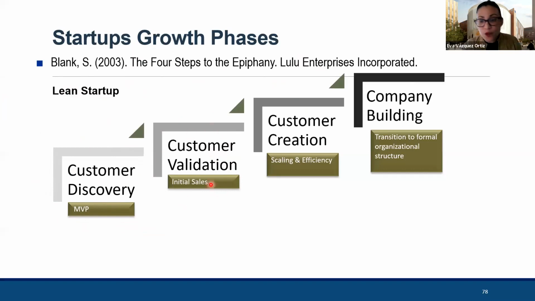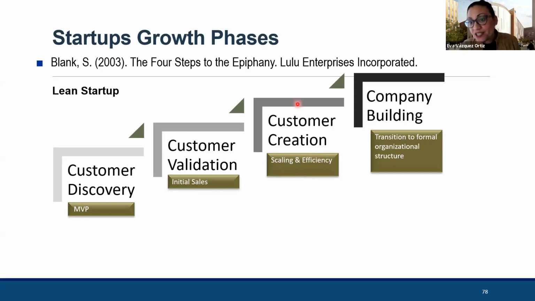This is really important because if you fail to sell to customers, something must be wrong. You're not providing them with the right value proposition, your product is not delighting them, or they may not need it at all. Once you have those initial sales, your job is to scale those sales and create some efficiency in your company, the processes, the protocols. This is called customer creation. You go from validating that you built the right thing to actually creating the pipeline of customers even willing to come back and buy again from you.